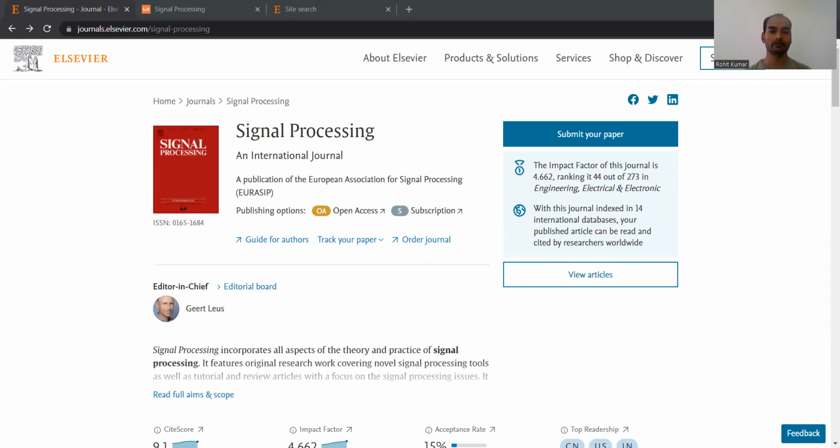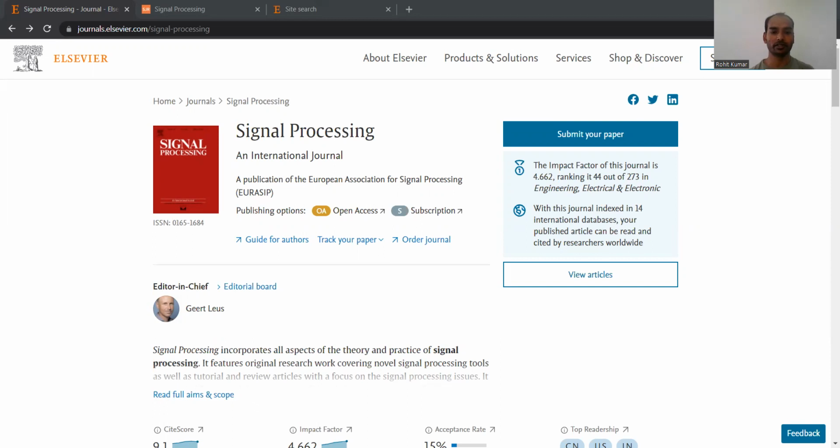So let me tell you where the signal processing authors usually publish. Okay, so some of the common other focuses of IEEE signal processing journal authors are the IEEE Transactions on Signal Processing, IEEE Geoscience and Remote Sensing Letters, IEEE Access,